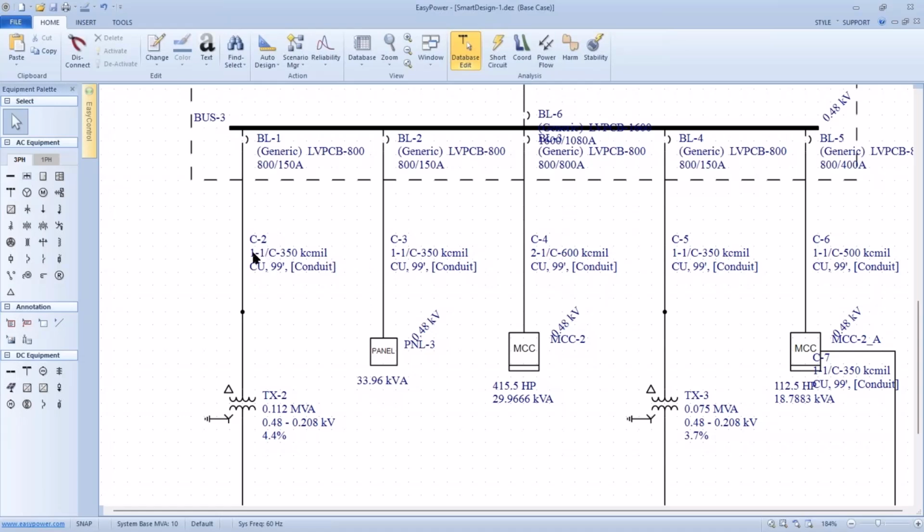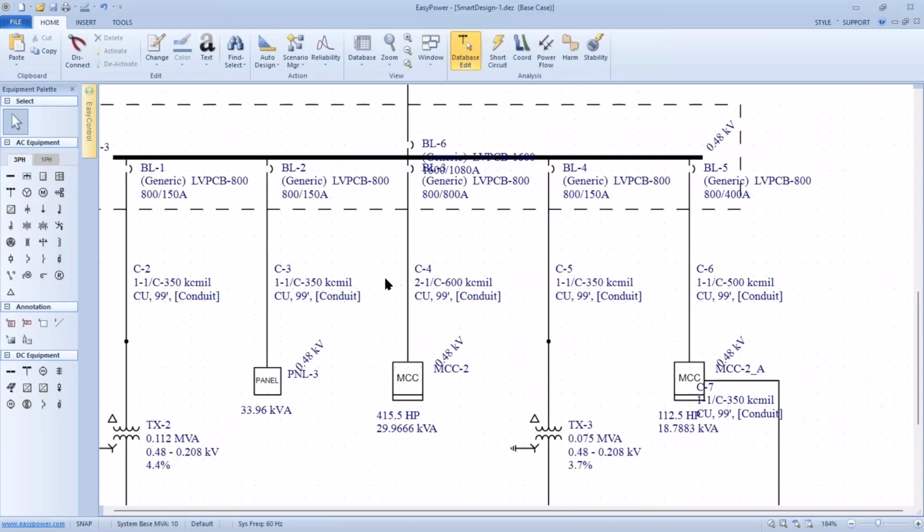For instance, this first cable is a 1C 350 kcmil, 99 feet long. Where did that come from? Well, it came from the database that we've pre-selected in the rules, and I'll be jumping into that shortly. But the point I want to make is I can size this individual cable. So I'm in database edit, and I'm going to open up the dialog box for this cable and intentionally